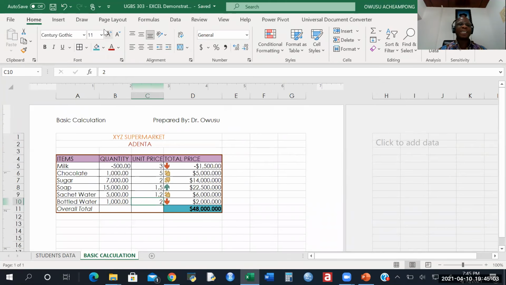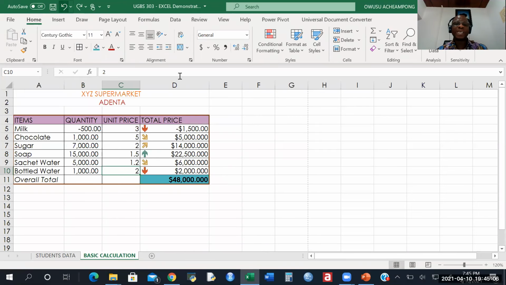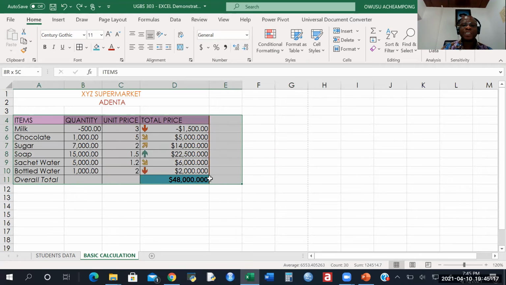So for those who did not understand what I did, let me undo and then let me repeat it. So this particular data here, before I print, I want to insert what we call header and footer. And let me center the whole of this because it seems the data set is tilted to the left. So I can highlight all of them, cut like this, and then I'll start it from, let's see, the unit